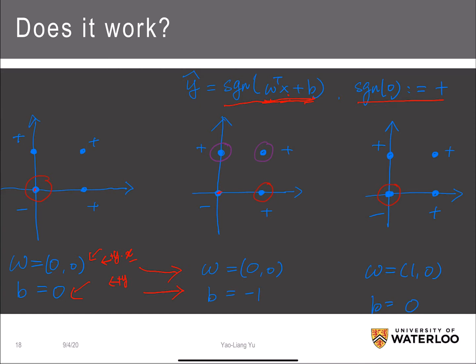So we have 3 points that are incorrectly predicted. I'm going to choose one of them. I'm going to choose the red one. You can also choose the purple ones if you like. In fact, you can do this by yourself. Here I'm choosing the red one. So I'm going to do the update by adding YX to W and adding Y to B. Now Y is actually +1, X is (1, 0). Now if you do the calculation,